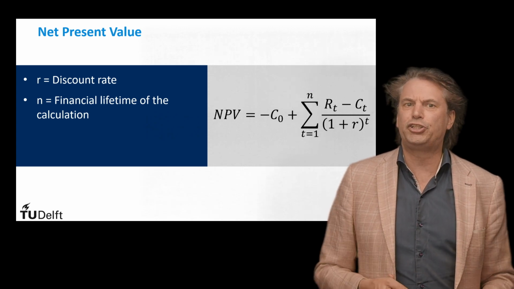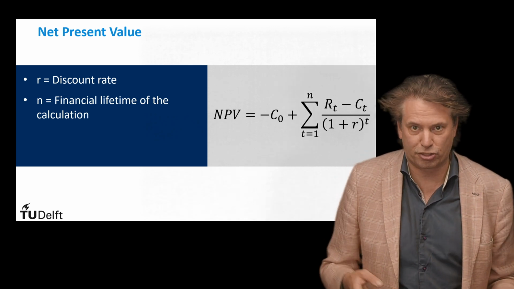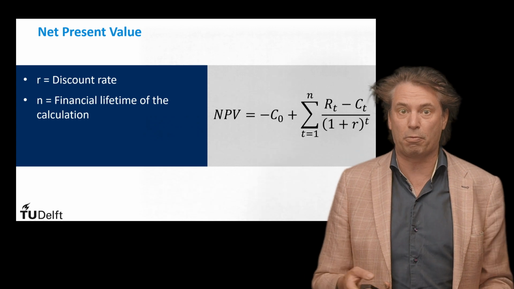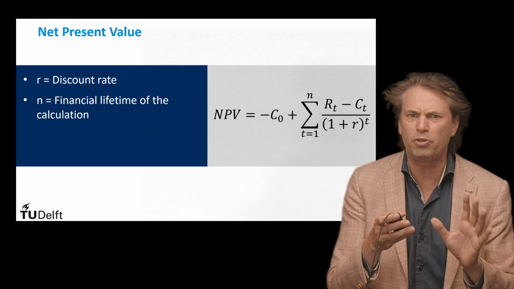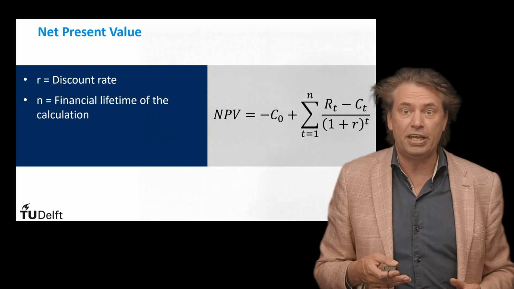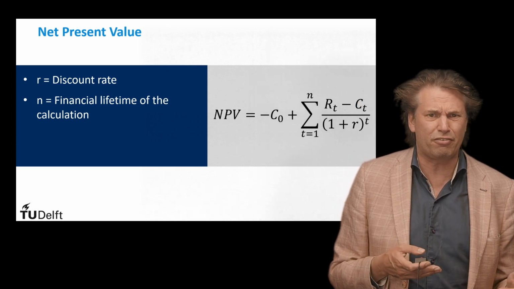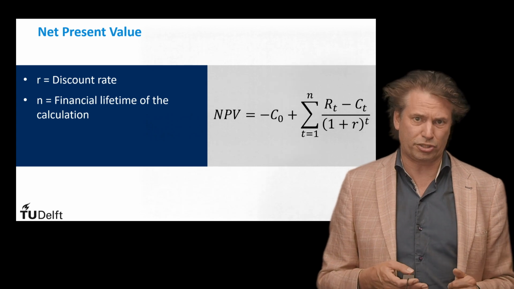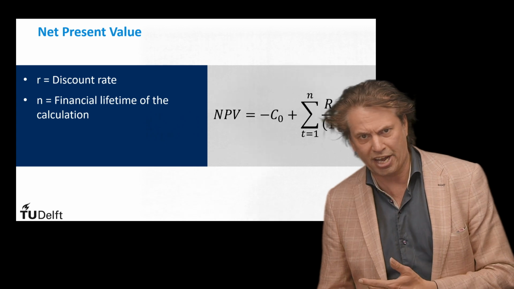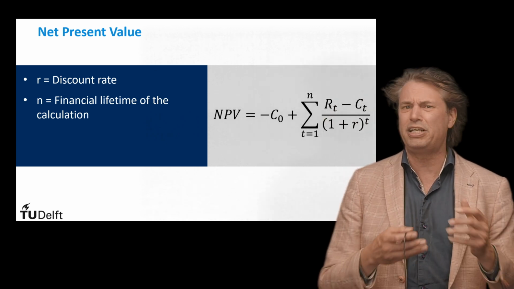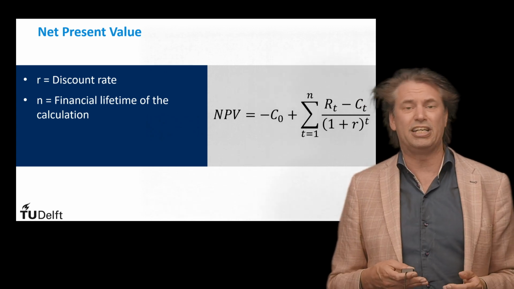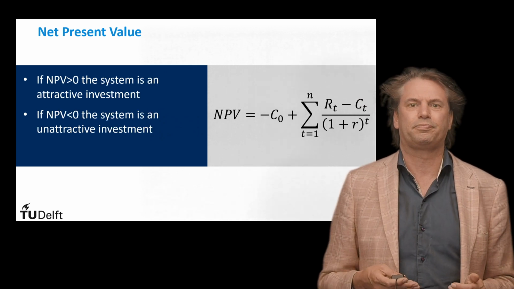Since NPV is just an algebraic sum between the cost and the revenues that occur during the lifetime of a power plant, it can be used to determine whether an investment is convenient or not. If the NPV is positive, it means that the revenues are higher than the cost, and therefore the investment is convenient. On the other hand, if the NPV is negative, it means that the revenues are lower than the cost, and therefore the investment is not convenient.